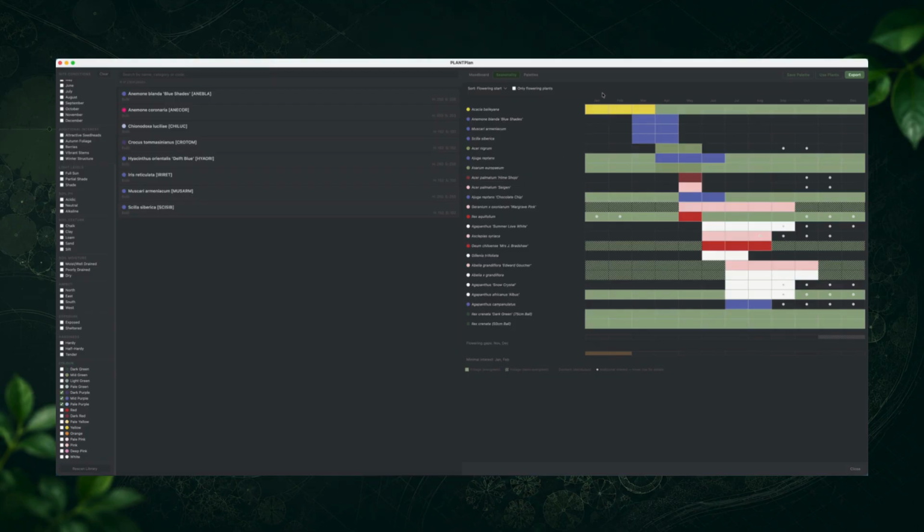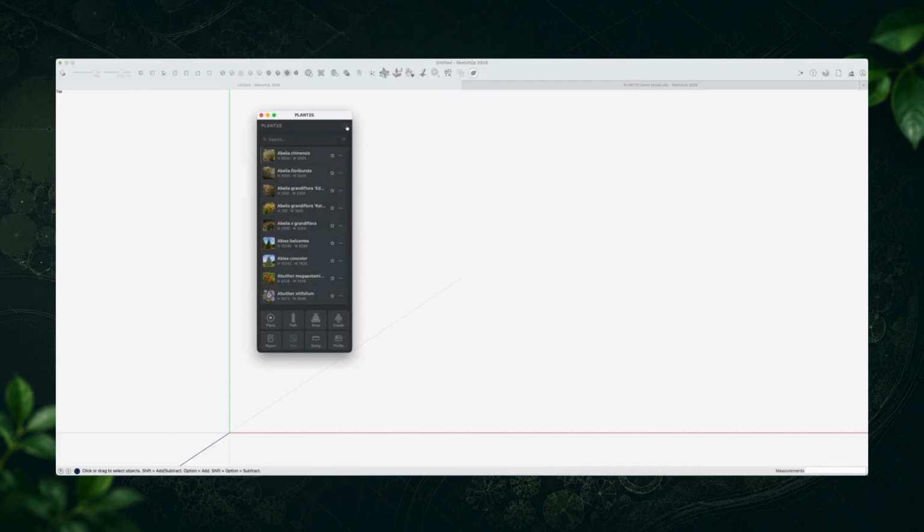Now, palettes. If I come up to the top right here and first of all click on Use Plants, it will confirm that 23 plants have been sent to the main dialog. So if I just close this for now, come back to the main dialog, go back to the filter box, you'll see we now have a palette which is full of 23 plants. And if I click that, it will just show me those 23 plants